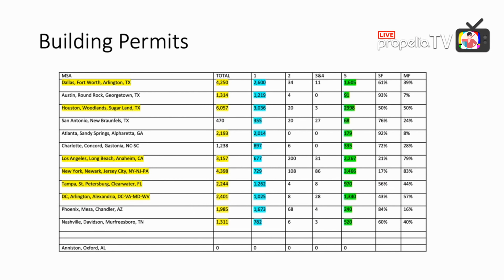And again, it depends on your strategy. And now, if you're an investor, I think the one thing would be you would look down at the very bottom at that Anniston, Alabama, and you would go, oh, probably not going to invest there. See, that's going to be my next question. If you're tracking these numbers and you see in Dallas-Fort Worth it's 4,500, is this monthly? This is for January, yes.